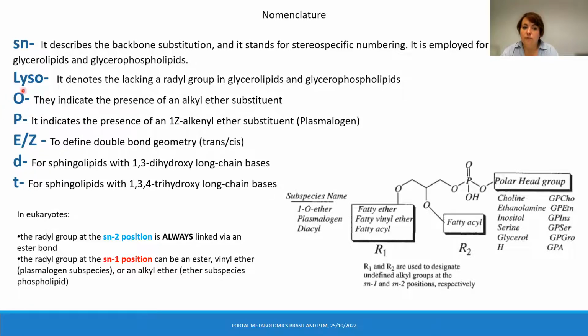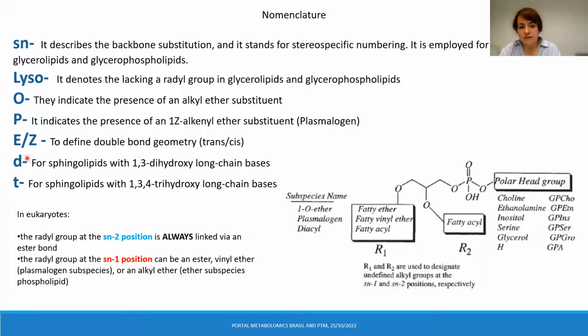O and P prefixes correspond to the ether lipids containing either an alkyl or alkenyl ether substituent. And please, I saw this so many times that I have to highlight this. If you have on the list of candidates from the database, for example, lyso-PC, lyso-PC-O something, lyso-PC-P something, each of these candidates is a different molecule. You cannot put the symbol of equal between lyso, lyso-O, and lyso-P. No, each of them is a different molecule, and each of them must be considered as a different molecule.